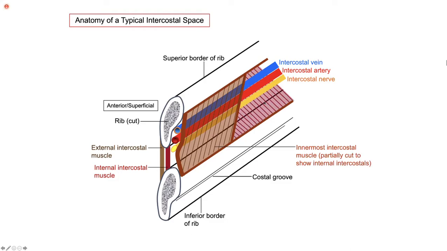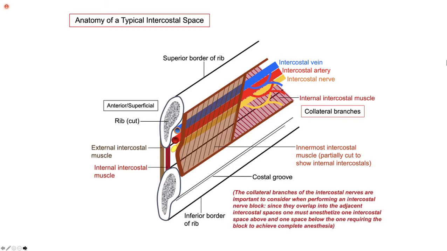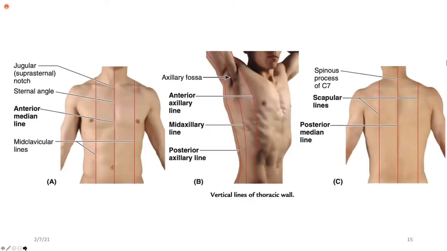Now we are looking at this, which must be my internal intercostal. Excellent. Now, what are these? These are the collateral branches. We have to be very careful about these collateral branches when we are doing something, and we will shortly be doing something. Now, let's go further and see where this information will be used and how clinically useful it will be for us. Before going to that, let's recap.